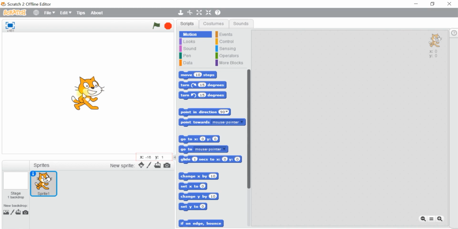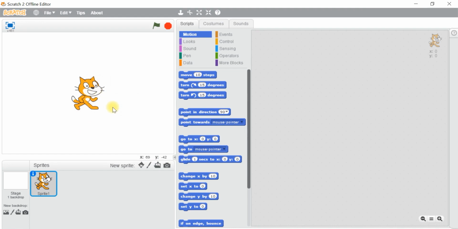When you take the cursor towards the left side of the sprite, the x will be negative, and when you take the cursor towards the right side, the x will be positive. At the same time, when you take the cursor to the top of the sprite, the y value becomes positive, and when you take the cursor towards the bottom, the y value becomes negative.